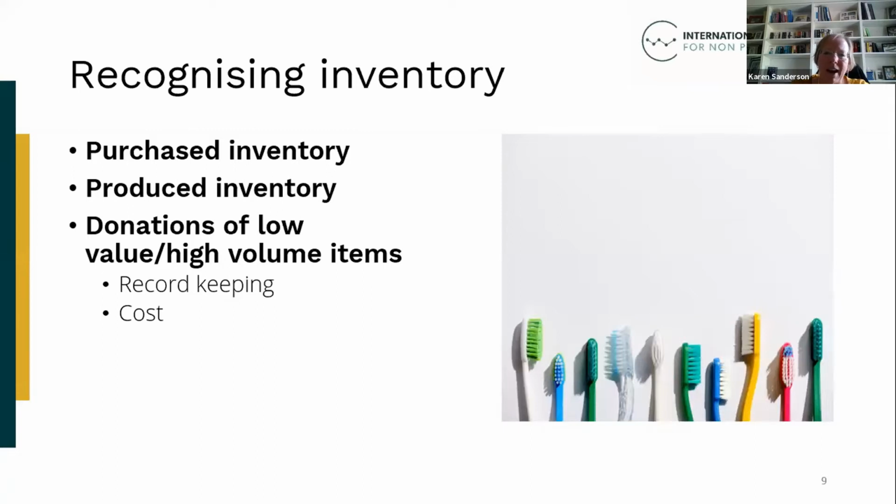And if it's impractical to determine a reliable estimate of their value, then, as I've said before, no revenue would be recognised at the point that the donated items have been received. However, revenue could be recognised at a later point, most likely when the items are sold, because you then know the value of them. So rather than revenue being recognised when the gift is received, it will be recognised when the gift is sold on. So a slightly later point of recognition.